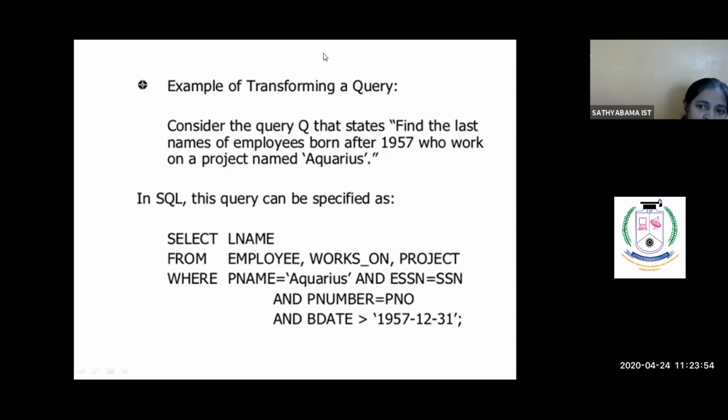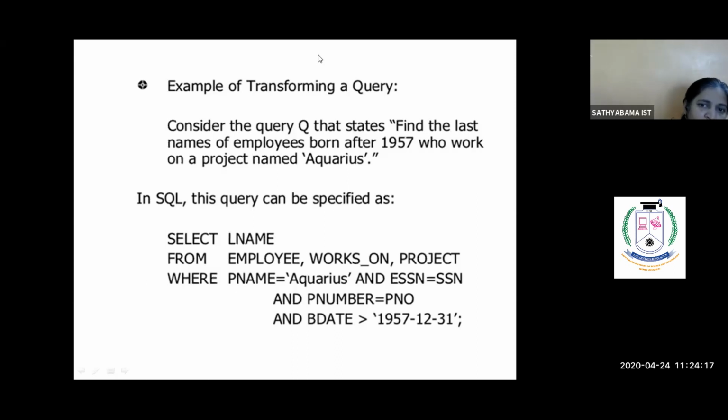Project name should be Aquarius, and ESSN is equal to SSN. SSN is available in the employee table, and ESSN is available in the works on table. By that we connect the employee table and the works on table. And Pnumber is equal to Pno. Pnumber is available in the project table, and Pno is available in the works on table. By these two we connect the works on table and the project table.